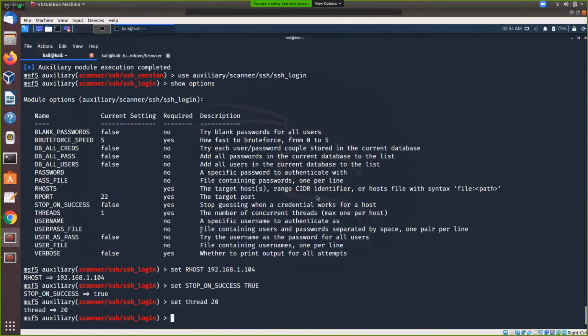Now, as we are brute forcing the SSH login, we will also have to change the user password file, and we will have to add the word list over here. So we'll have to find the word list first.